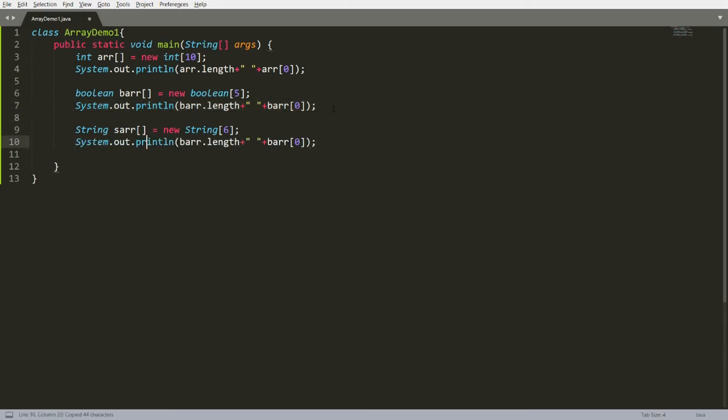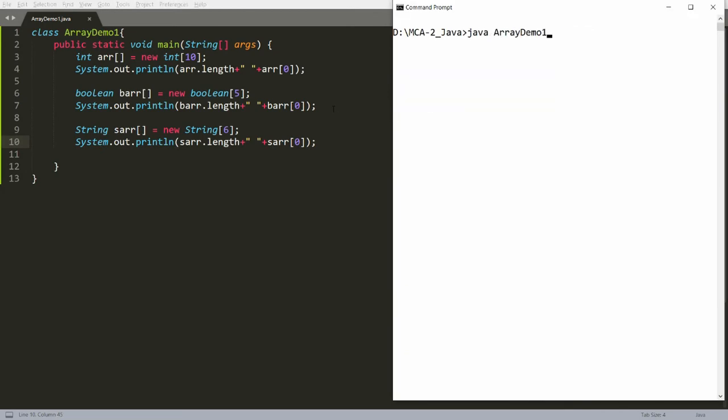Whenever you ask for the length and the first element, in string the default value is null. So we should note that integer, byte and short have the default value 0, double and float have the default value 0.0, boolean has the default value false, and string has the default value null.